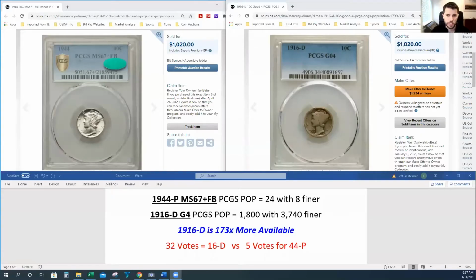And I'm going to share my screen here to show you. Both of these sold for exactly $1,020 in the year 2020 on Heritage Auctions. And it's an interesting question because I feel like the laws of supply and demand are a bit backwards here. A lot of people naturally assume, well, the 1916D is clearly more rare, and therefore it's a better long-term investment,